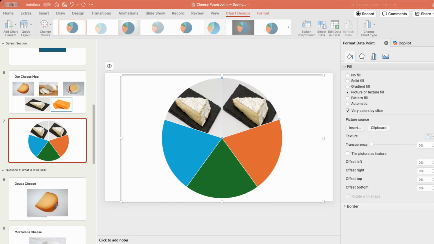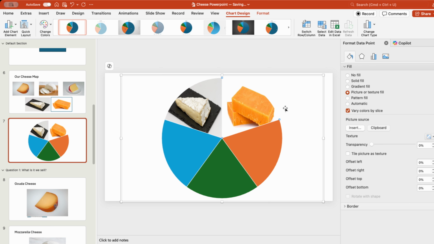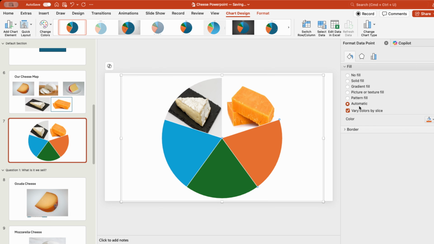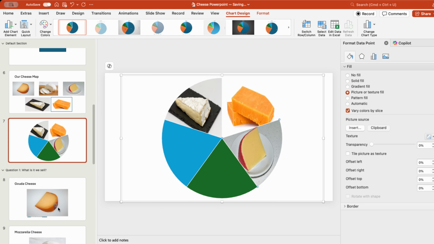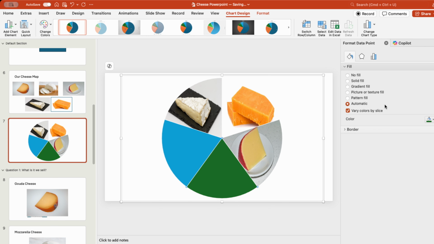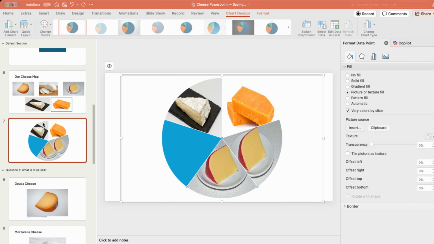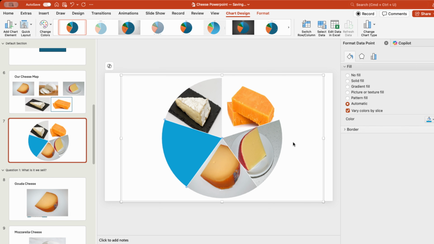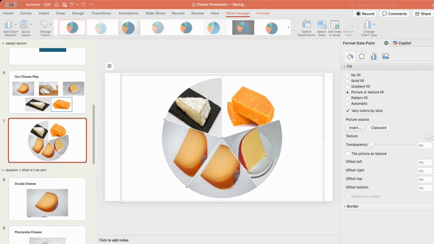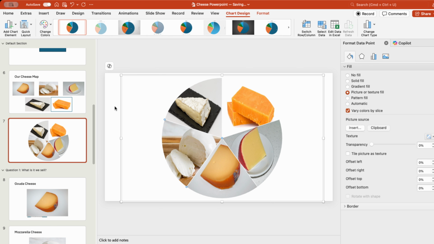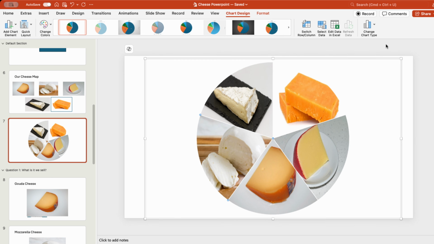We're going to change this to the cheddar cheese, and let's go over to this one. Same thing again. This time we'll use the Edam cheese, and again Gouda, and the last one we want to do is mozzarella. Okay, so now what we actually have here on that screen is a nicely segmented